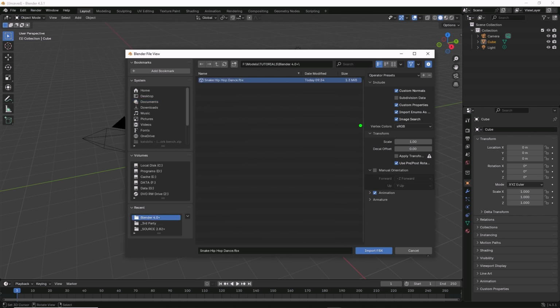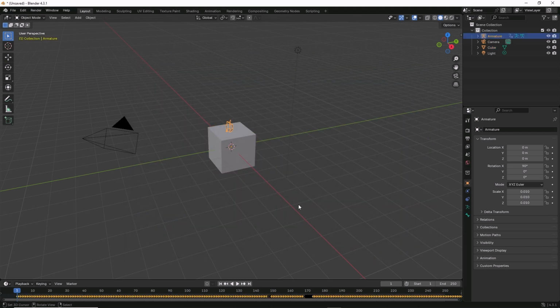Select, and the options, leave the options mainly at their default, so these are okay. We want to change some of the armature information. So ignore leaf bones, force connected, and auto bone orientation. We want those selected, and then just import. But